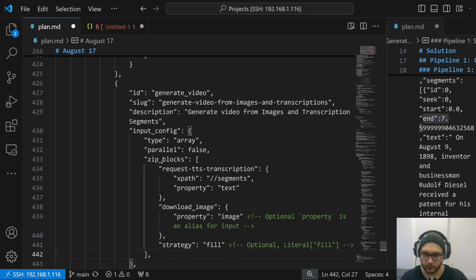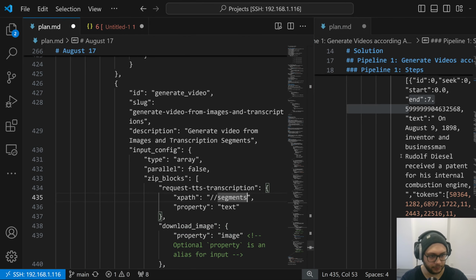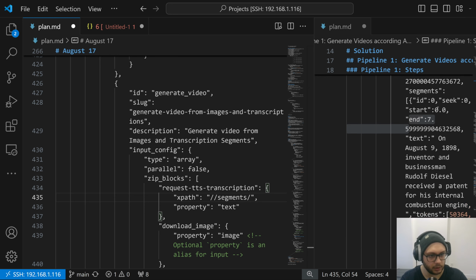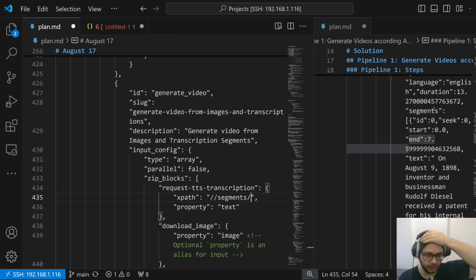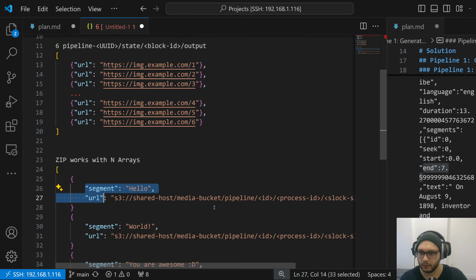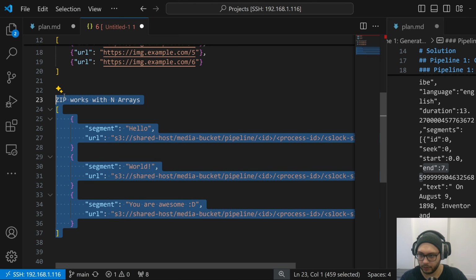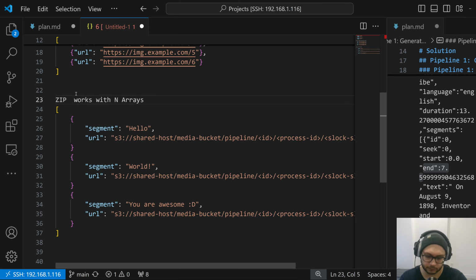Here. First of all, what zip blocks do I have? It's text-to-speech transcription, but it's not just a segment. It's segments slash start and end. So I need to pass two values, start and end. And here we zip images. Now we zip